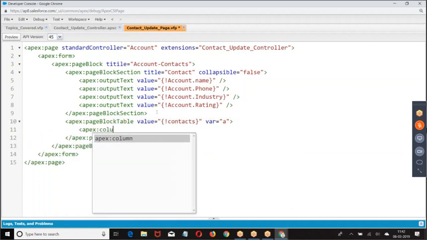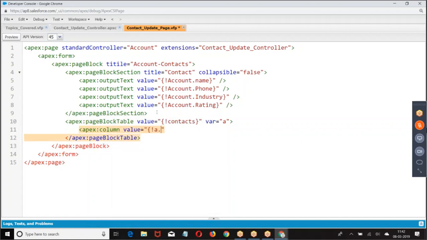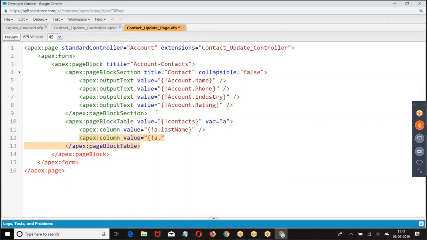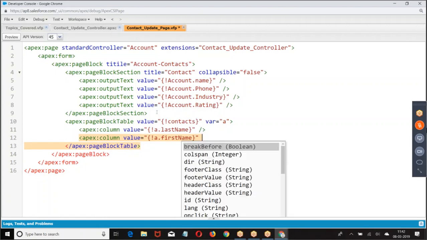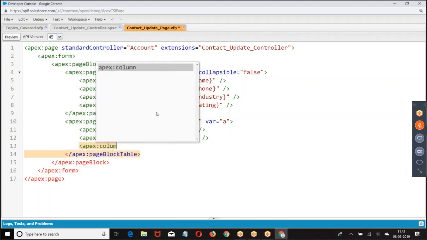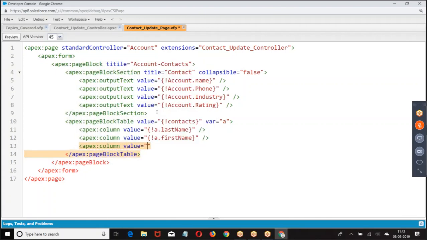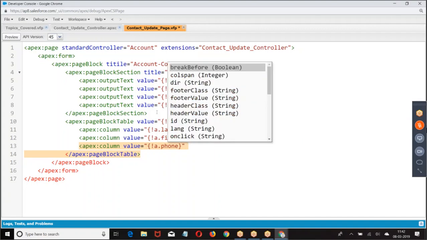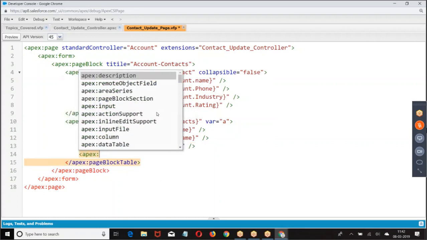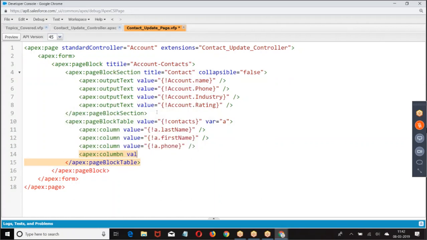Now there may be a contact, may not be a contact. I cannot guarantee. Every account may have a contact, may not have a contact. First I want to see contacts are there or not. Now look at the page. If you're finding anything new on the page, let me know.